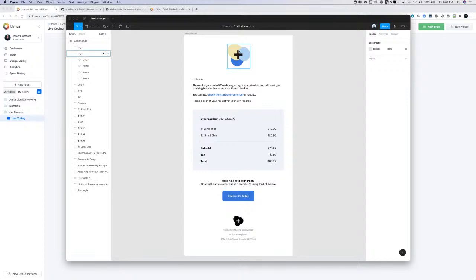You can see it's this kind of made up company that I'm calling Blobby Blobs, because I love this little blobby visual element that we've been seeing all around the web and inside of email for a couple of years now. It's one of my favorite little design graphic elements that I've seen in the wild there. So this is for Blobby Blobs, made up company that